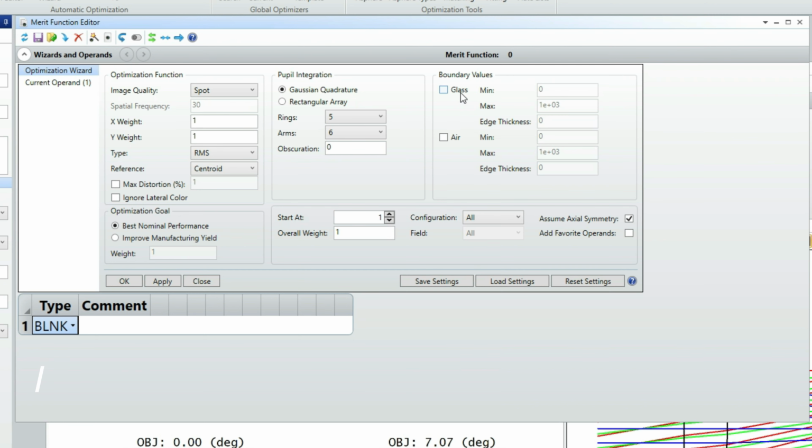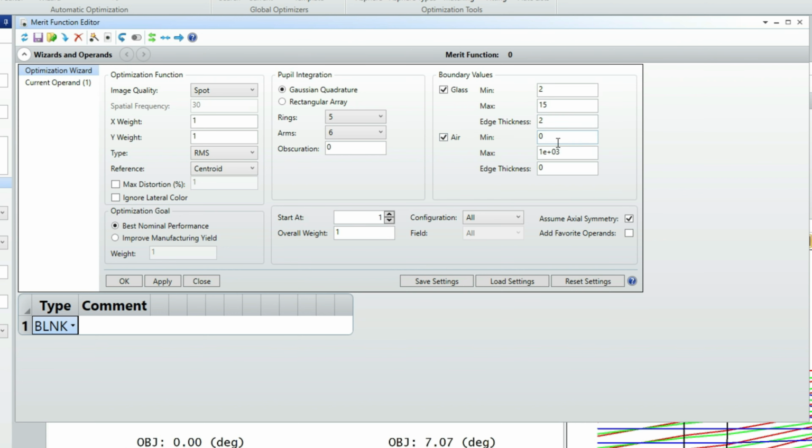Then under boundary values, we're going to select the boundary values of the glass such that we require a minimum center thickness of 2 millimeters, a minimum edge thickness of 2 millimeters, and a maximum center thickness of 15 millimeters. So by changing the radii and thickness of the lens, we're also going to require that the center and edge thicknesses remain within what we consider to be physically realizable.